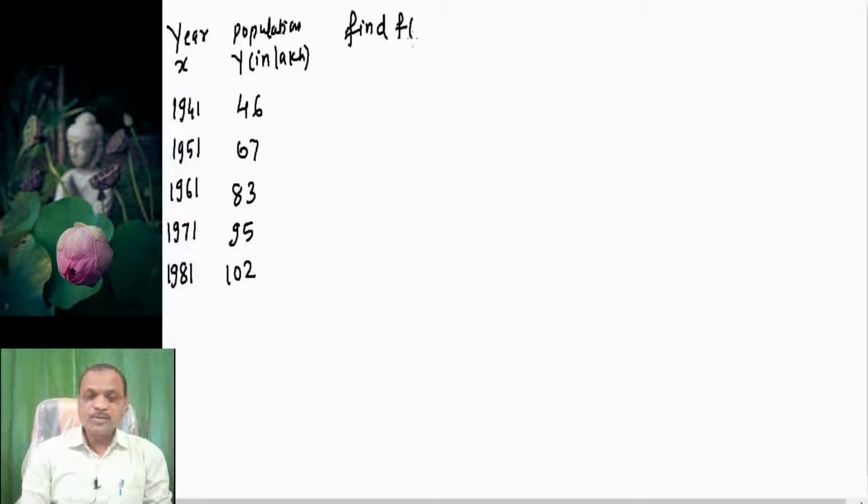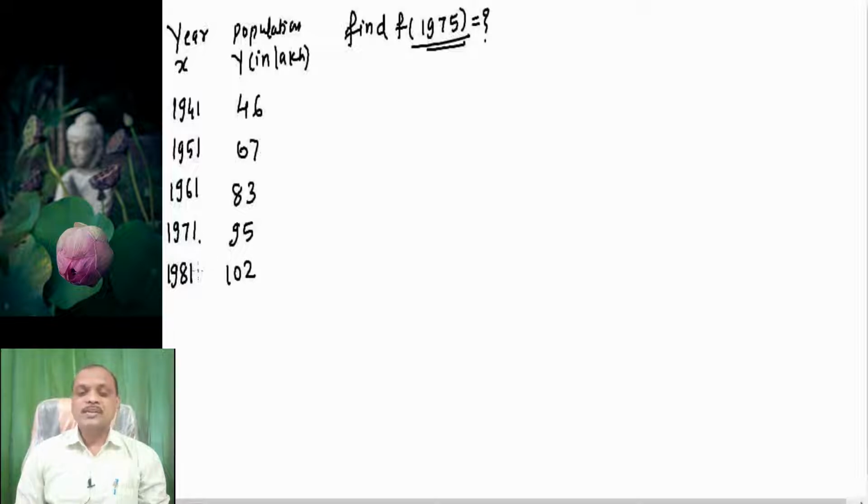Now we have to estimate, suppose we find f of 1975. I want to estimate the population in the year 1975. You can see that 1975 lies between 1971 and the census of 1981 at the end of the table. So we use the backward interpolation formula, and the